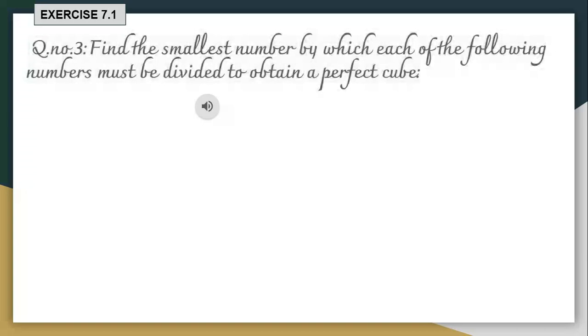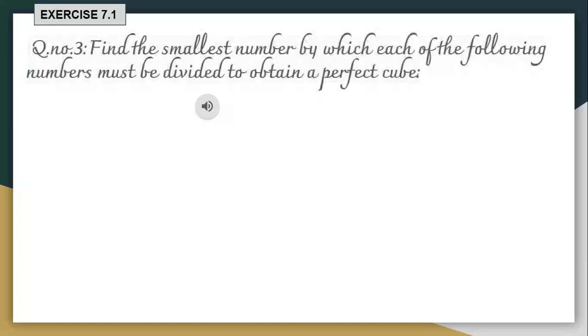So first we have to see the prime factorization and make the groups of 3. If any number is extra there, that portion we have to take away. For that, we divide by the same numbers, so then it will be cancelled. For example, if one number is extra, we have to divide by that one number. Maybe one or two numbers only will come, because if three numbers are there, then it will make a group of three, isn't it? So maybe it is one, maybe it is two.